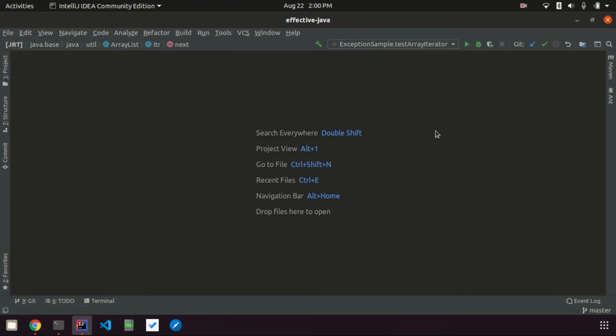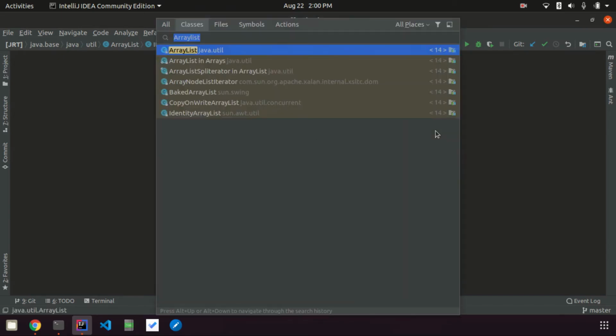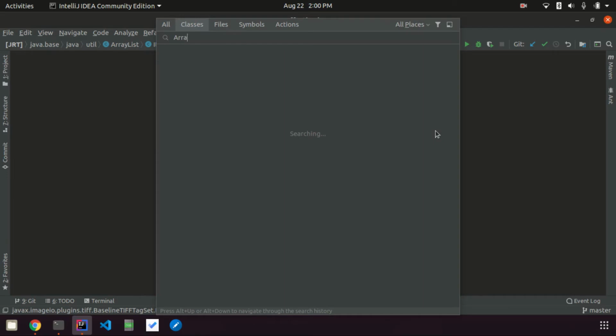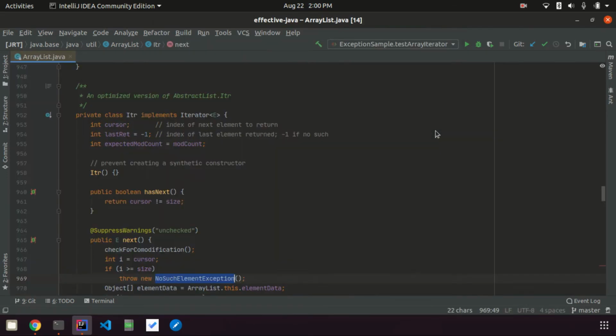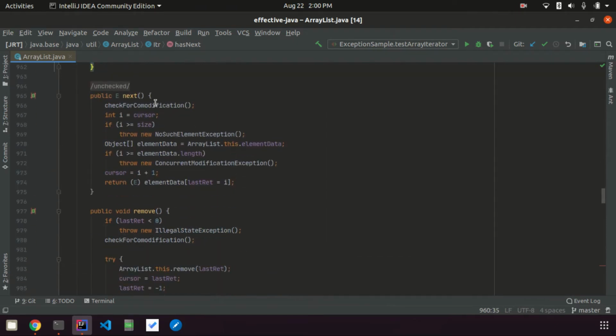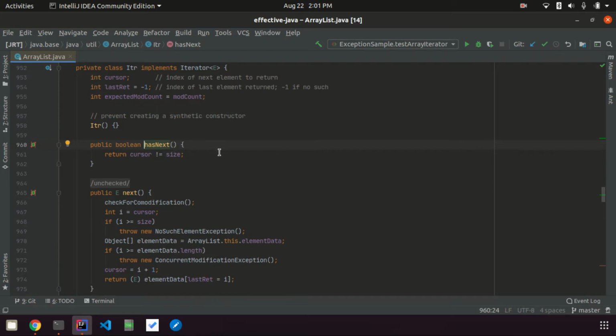One technique for avoiding throwing a checked exception when we are not clear how the user can handle it is by dividing the API into two methods. In one of the previous items we already saw this. How can we do that? Let's see an example. Probably you remember, in ArrayList we have the iterator, right? In the iterator we have these two methods: next, and the other method, hasNext.